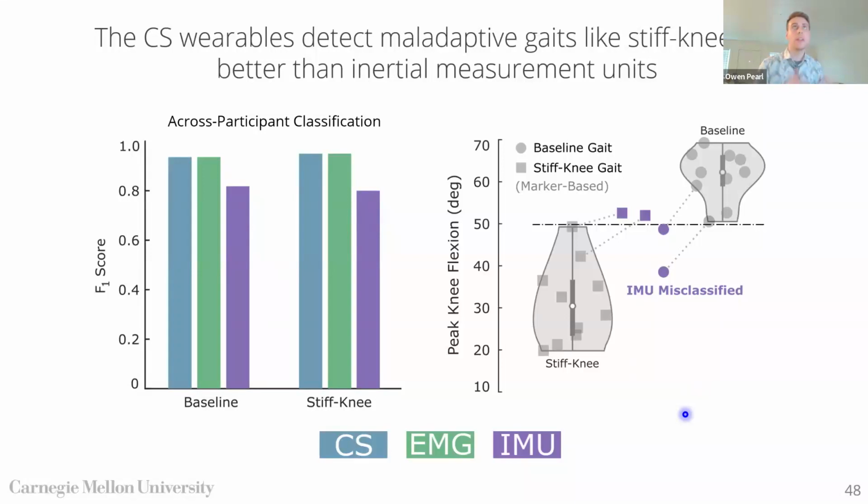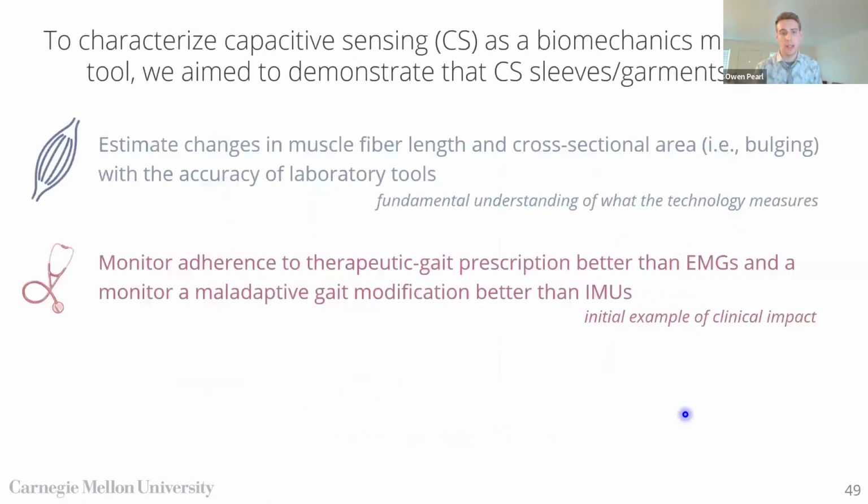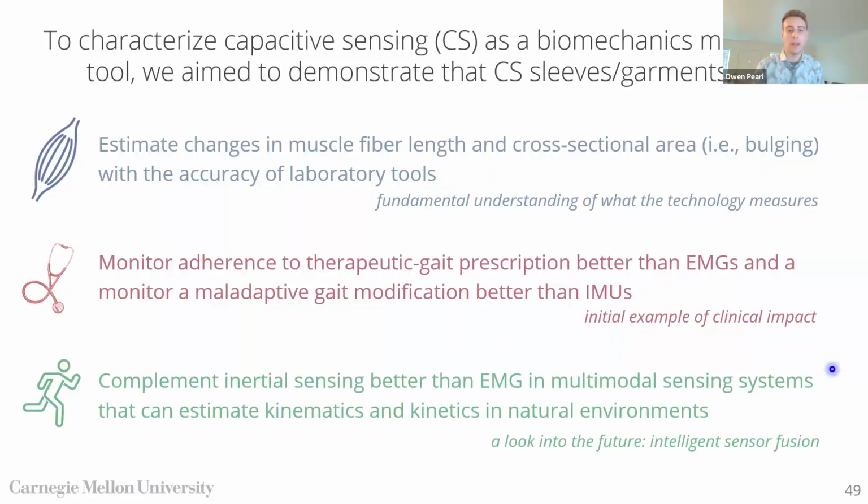Why is this important? Well, this shows that muscle activity for certain gaits might be more prescriptive of the gait modification than inertial sensors. And so it means that these muscle activity sensors are likely complementary to IMU sensors. However, that opens up another question, which is if we have these two complementary muscle activity sensors, which one is a better complement to IMUs when we try to use all these together to assess full body kinematics? So that's the final test here, is looking at how we can compare these two setups to assess full body